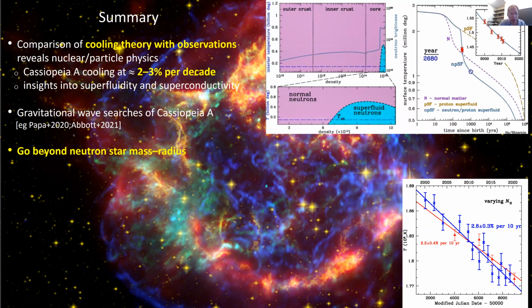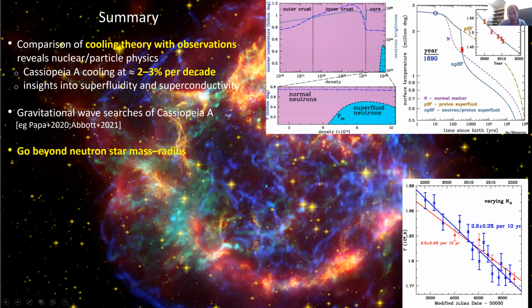None has been detected yet, but they are being performed. And the final point that I want to make is there's a lot of excitement, and I'm involved in things like NICER, which is measuring neutron star mass and radius, because that has important implications for the nuclear equation of state, and it's an important parameter to measure. But I want to highlight and make the point that we should be going beyond just measuring mass and radius, and comparing using neutron star cooling